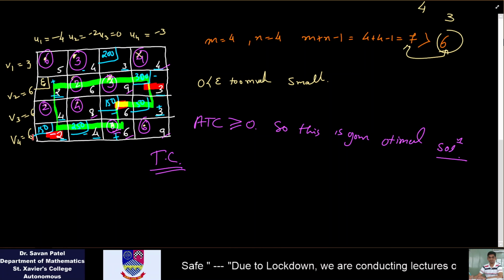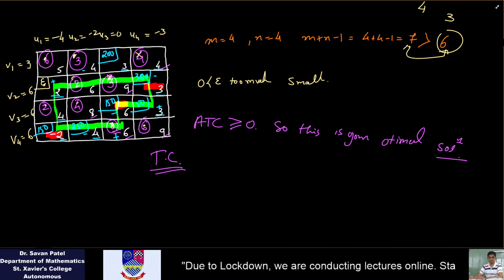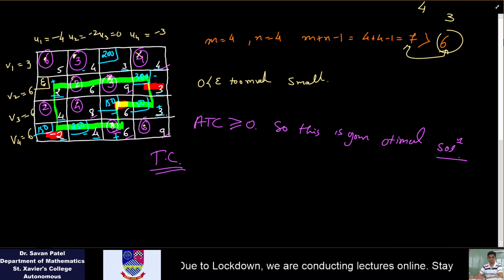So from the negative corners, we will select the minimum, that is 300, 150, and 150 is minimum. So we will transport 150 units from here. So our next table will be